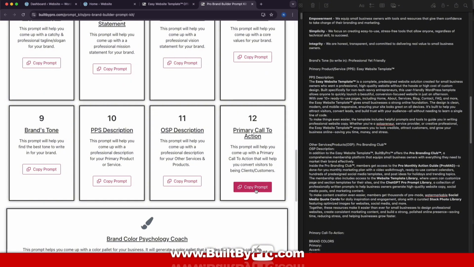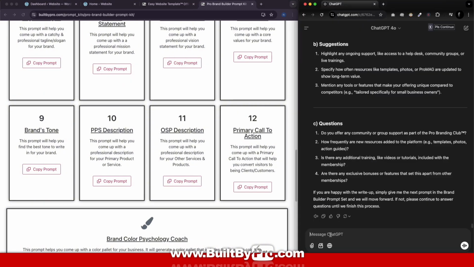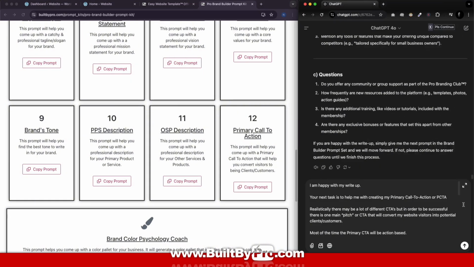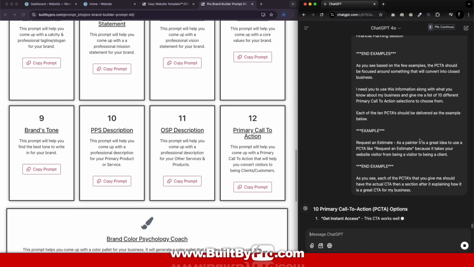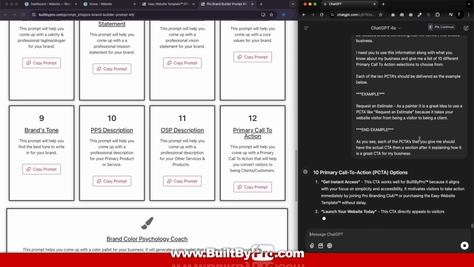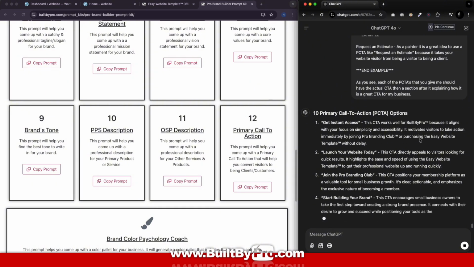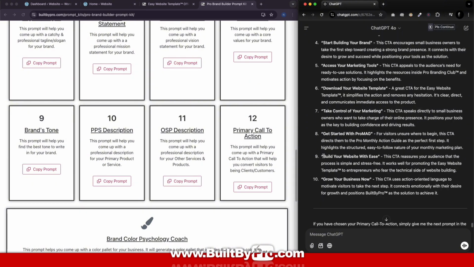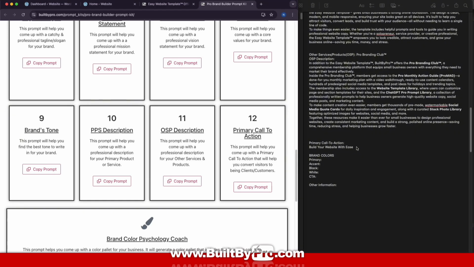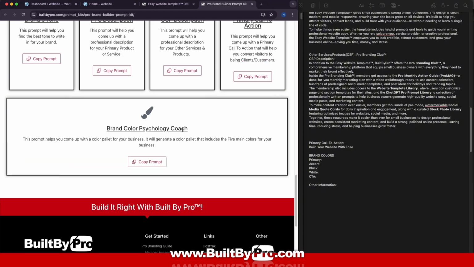So we'll go ahead and copy the prompt. We'll come back into ChatGPT, paste the prompt in, and then hit send. Now it's going to go ahead and give you 10 different primary call to actions that you can use on your website that will help you with conversions. Once you decide on the call to action you're going to use, you're going to go ahead and highlight that content. You'll copy it. You'll make sure it's pasted inside of your brand identity worksheet,